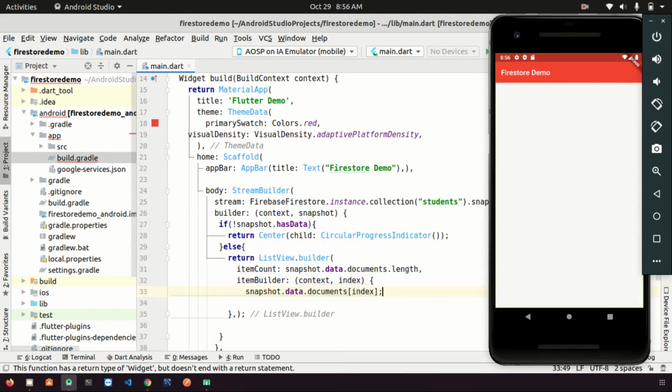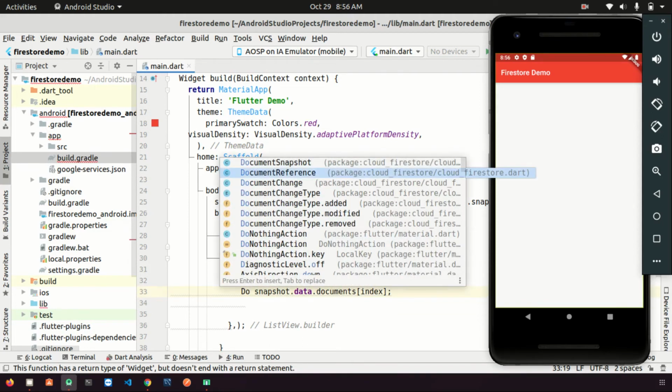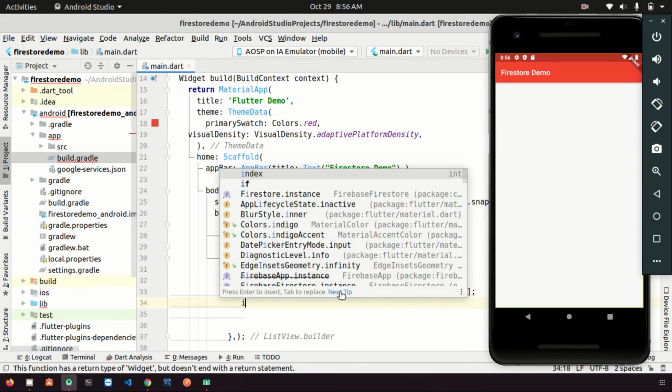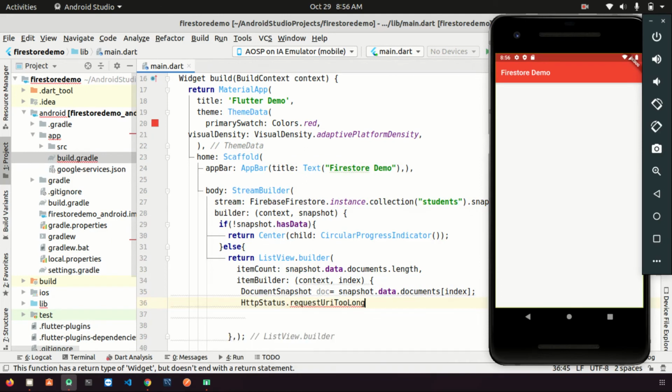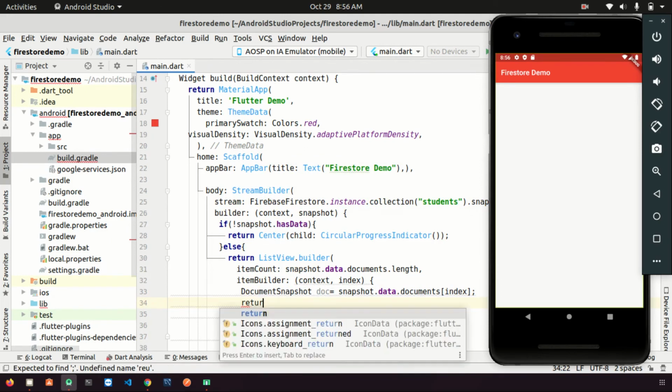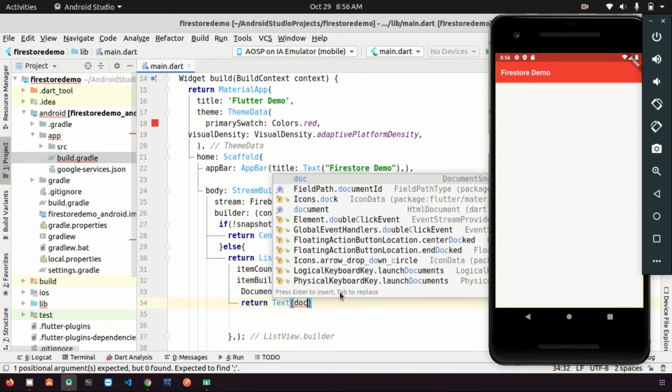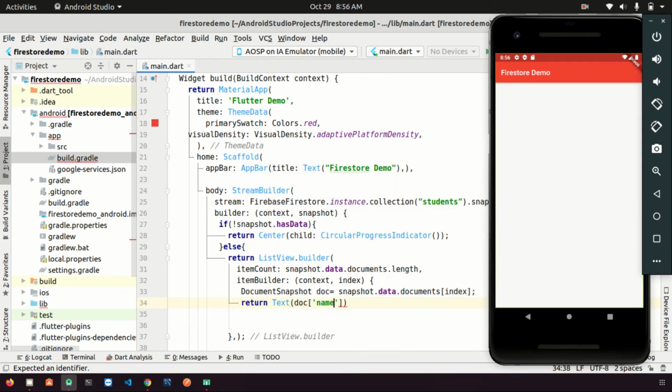So I will get first, then second. We are getting a document snapshot here, doc. Then return text. Suppose I want to return doc name. Then we will get 3 names here. Fine, I'm getting these 3 names.